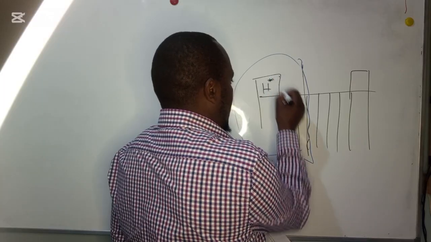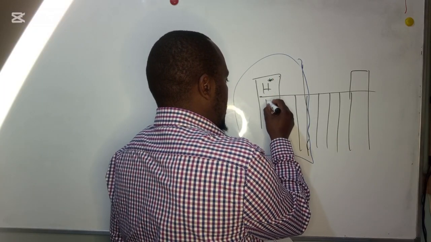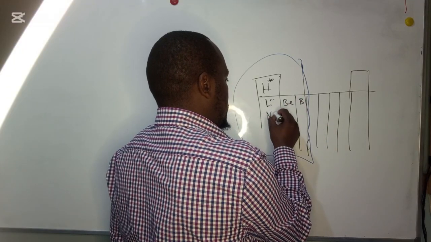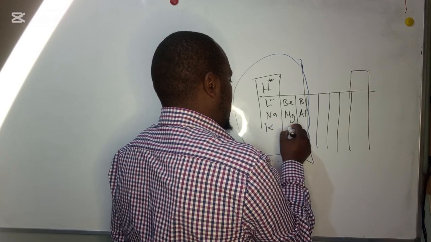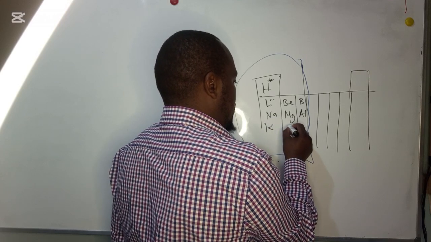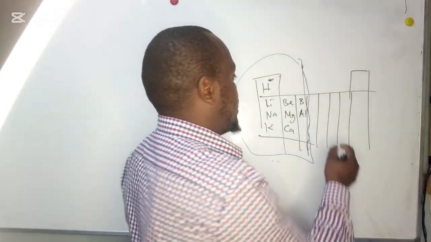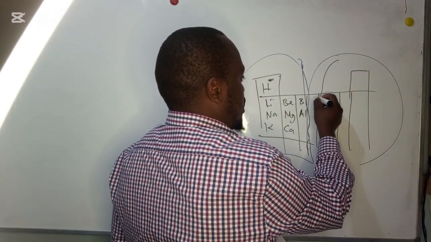Apart from hydrogen, all other elements that are here, you will see you have lithium, beryllium, boron. You have sodium, magnesium, aluminium. You have potassium, and you also have calcium. Other metals that are not in the first 20 elements, the rest here are nonmetals, from carbon,